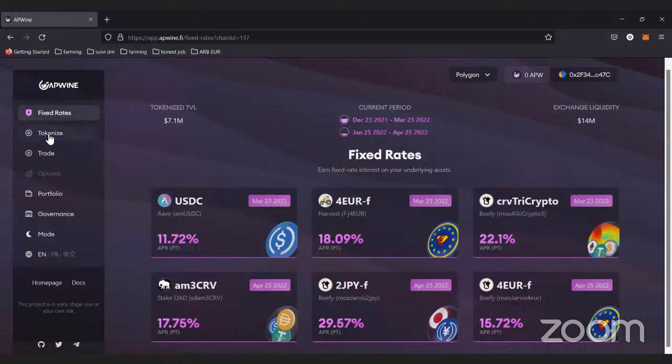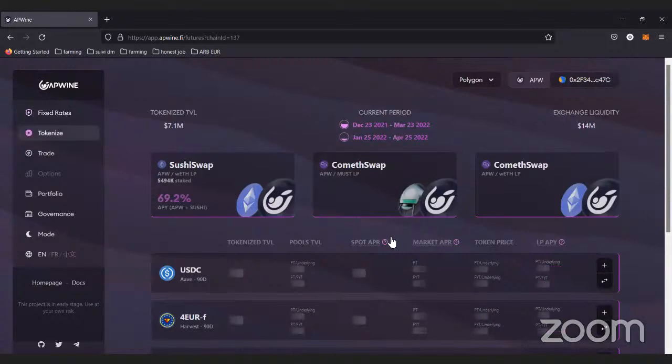So what I want to tell you is that when you want to tokenize, you can make a simulation. Sometimes it's not better to tokenize; sometimes it's better to buy. But remember that when you tokenize, you also receive the FYT token. So you have to make a simulation: does it make more sense to tokenize, receive the PT and the FYT, sell the FYT, keep the PT, and farm with the PT, or to directly buy a PT with a discount.